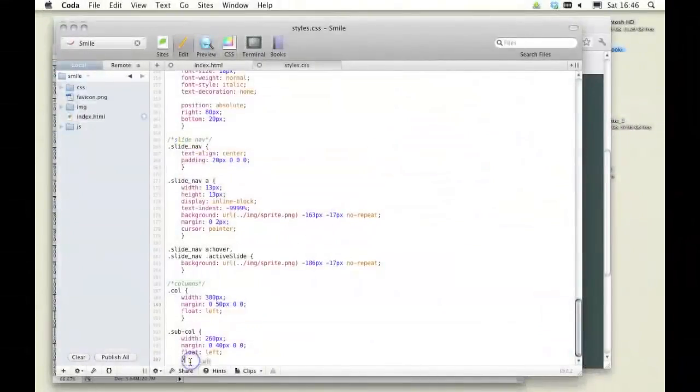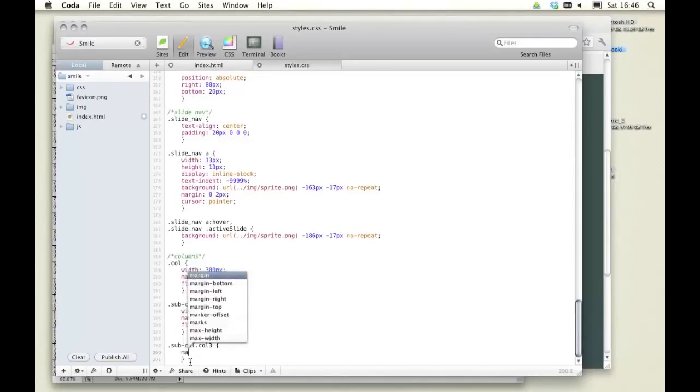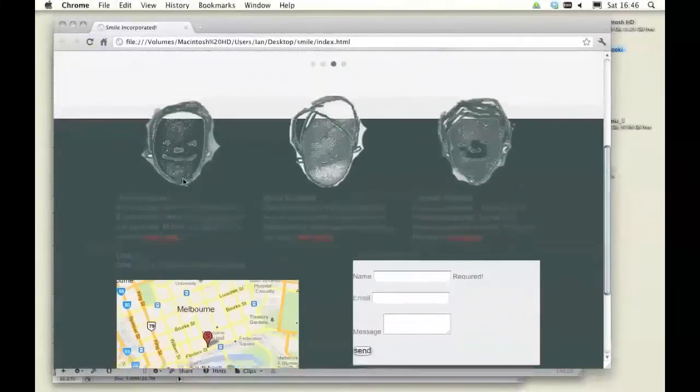So we're going to use our additional classes. In this case that was col3 for our last column, just to remove the margin. In the case of our larger column, the second column, I want to apply the margin actually to the left hand side instead of the right. So I'll just check that. And you can see now that they,